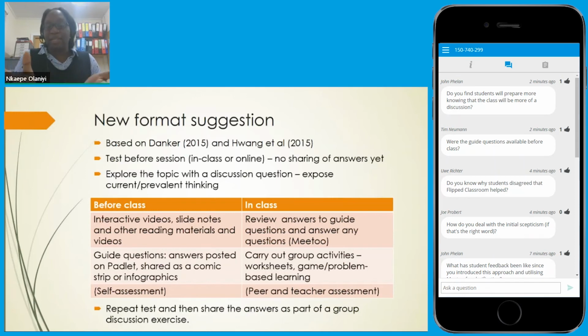So then after that, we could repeat the test and share the answers as part of a group discussion. And hopefully having a before and after picture would help them in that journey. So when you're asking them the questions and trying to get their opinions afterwards, you won't have that dip where they think, no, I've done really badly. They can actually see proof they did learn. And hopefully that will translate to the exam and hopefully for the rest of the module and other modules.